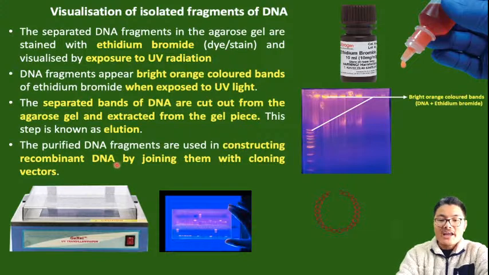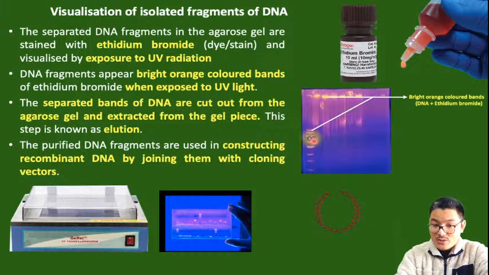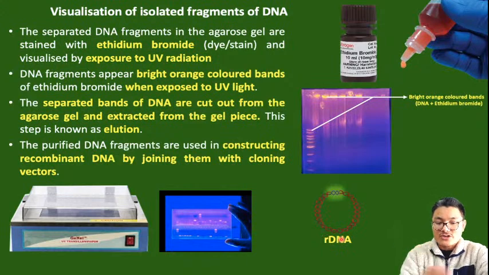By joining the gene of interest with the help of a vector, right? Suppose this is the gene of interest, then we can cut it and join it with the vector DNA so that we can get a newly constructed recombinant DNA. And this can be used in order to introduce into a host cell. And in a way, we can achieve